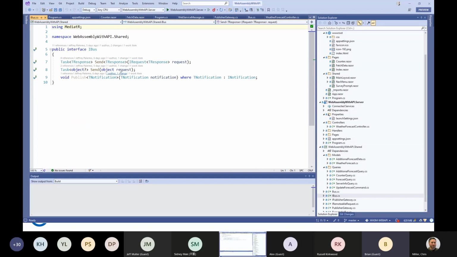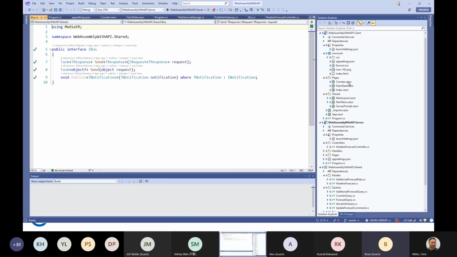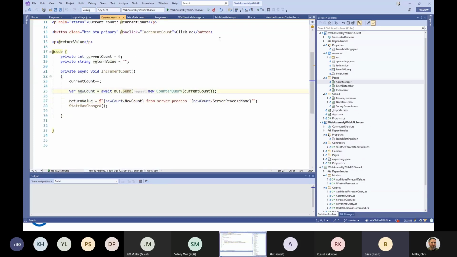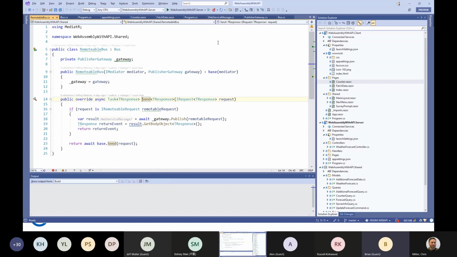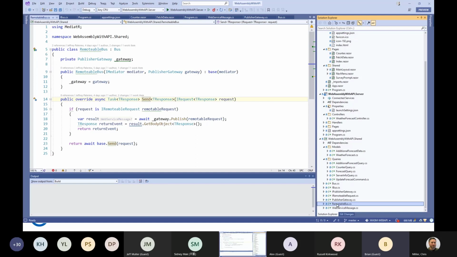Okay, let me show you the iBus. Basically, I can send a typed object, I can send any kind of object, and I can publish a notification. All right. And let me just walk you through the code one piece at a time. All right, bus.send. I'm just going to use my ReSharper shortcut keys to hit Control-Alt-B, jump into bus.send, and I'm going to do the one right here. And in the remotable bus. Okay, so now I'm in remotable bus, which is down here, web API, in the shared remotable bus.